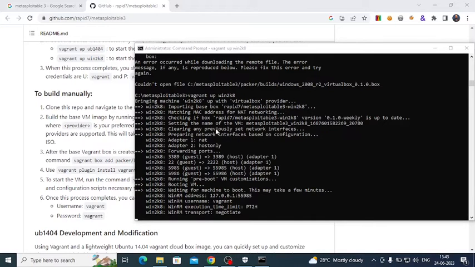It is actually doing the steps and processes. Hopefully the installation will get complete with errors, of course, but we will still have a Windows Metasploitable 3 machine